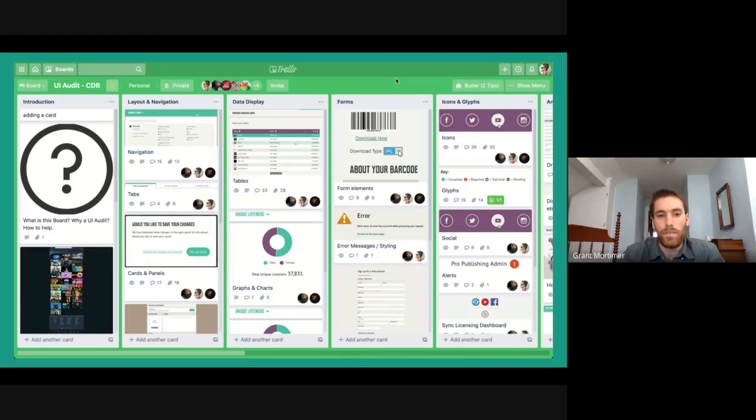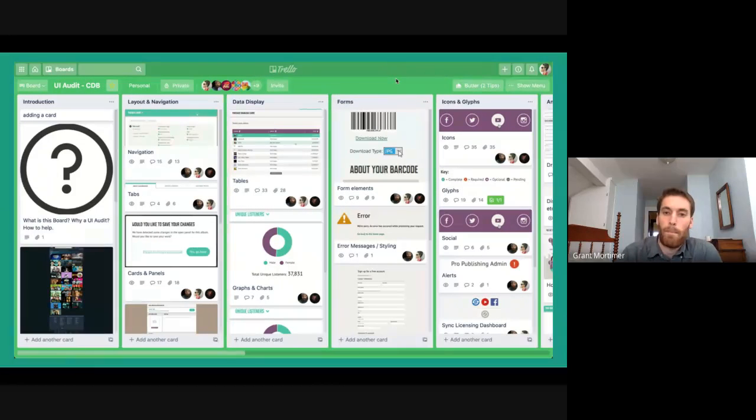And the purpose of that is just to see how many different kinds of buttons there are in the wild, and how many different kinds of tables and interactions and icons, with the end goal of creating something that's more unified and systematized. But that was a project that I got involved with, and